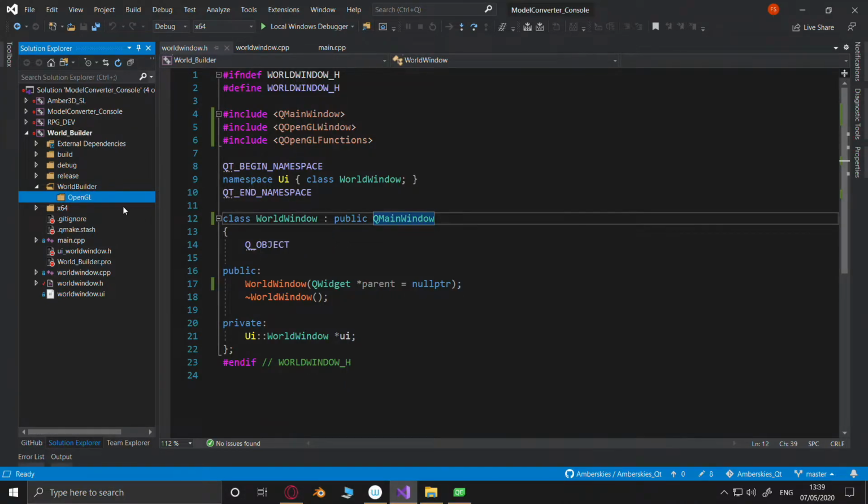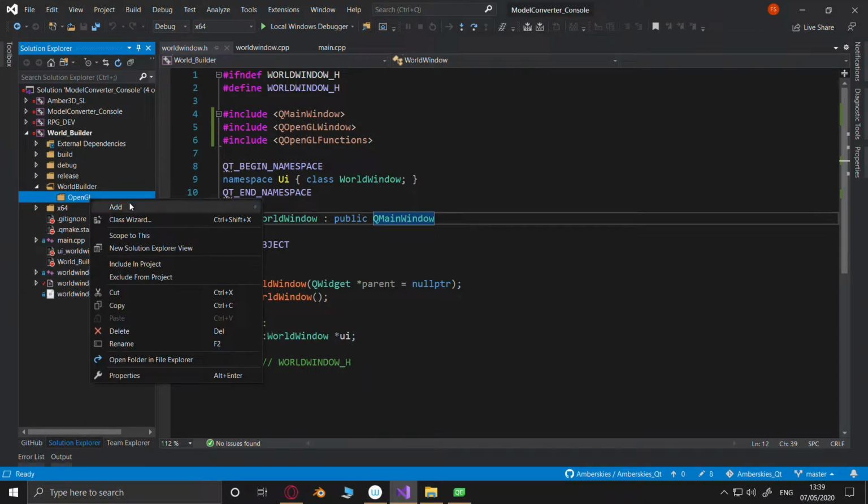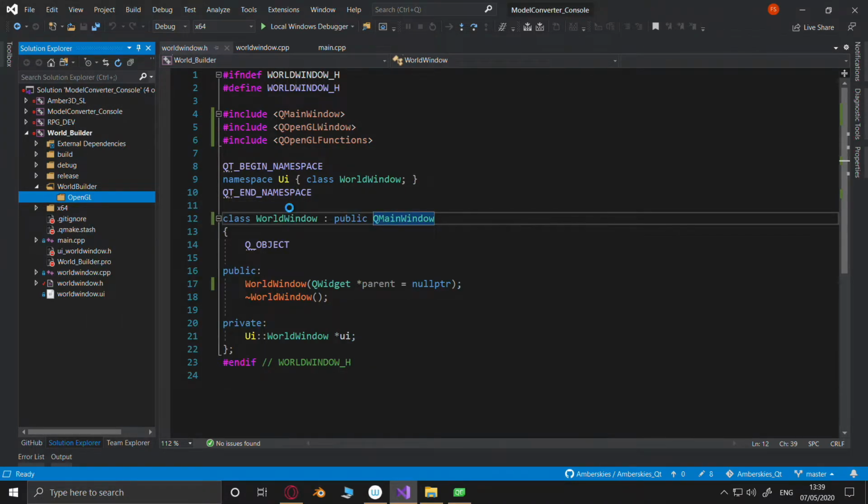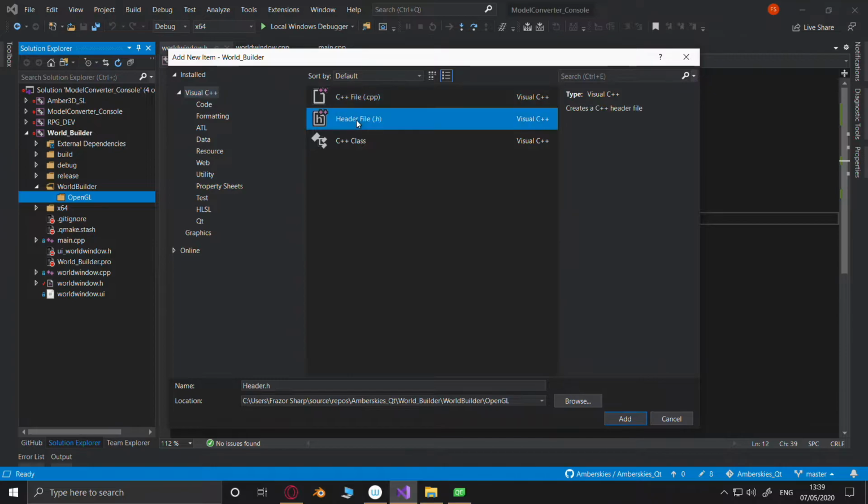All right. Okay, add new item. Let's have a header file. And we'll just call it OpenGL viewport. How's about that? OpenGL viewport.